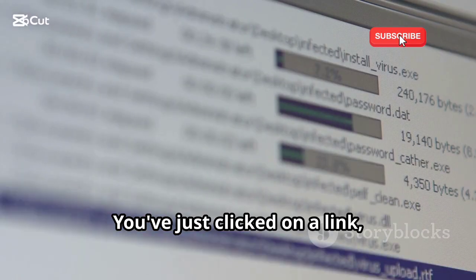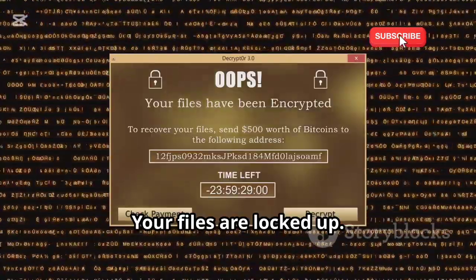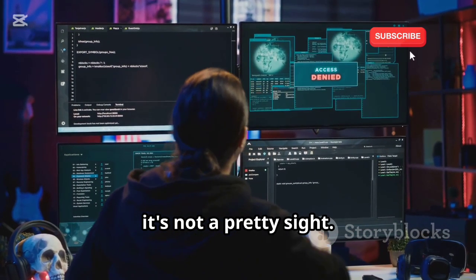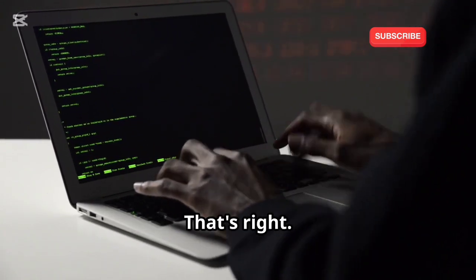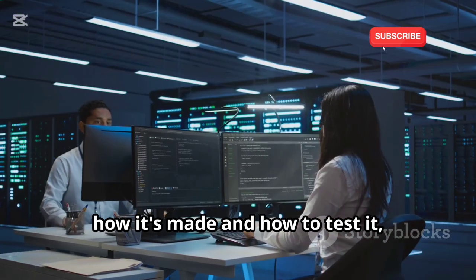You've just clicked on a link, downloaded a file, and bam, your screen goes black. Your files are locked up. You've just become a victim of malware, and trust me, it's not a pretty sight. Now, what if I told you that you can actually create something like that? That's right, in this video, you'll learn exactly how malware works, how it's made, and how to test it safely,